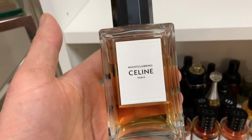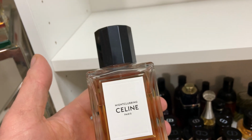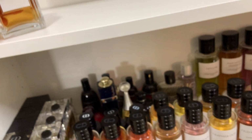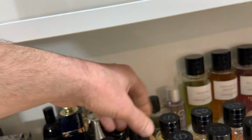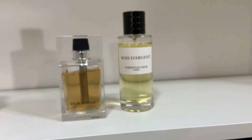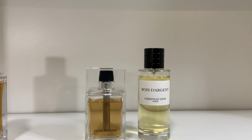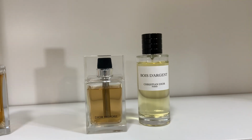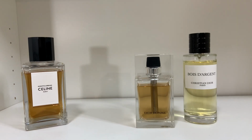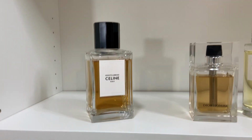Easily my favorite Celine. A lot of people say this smells like Dior Homme, and I can vaguely get that, like Dior Homme or Bois d'Argent. Where are you, Bois d'Argent? There you are. Bois d'Argent, Dior Homme. Here we go. Dior Homme. It's interesting, because I can get that in the feeling, in the sensation, but the note pyramid is completely different. Like, this is green and bitter and dry,